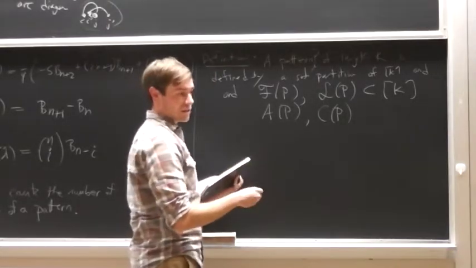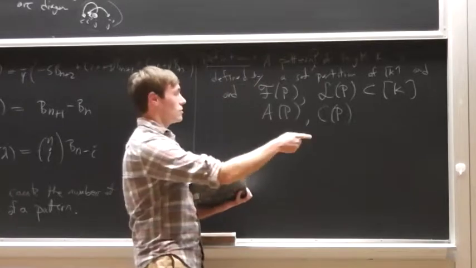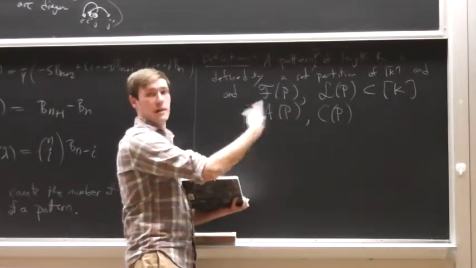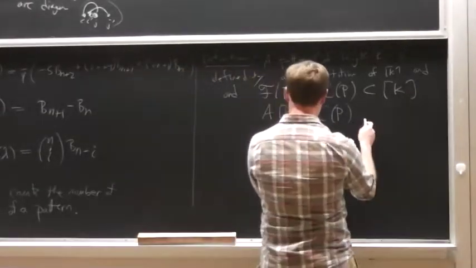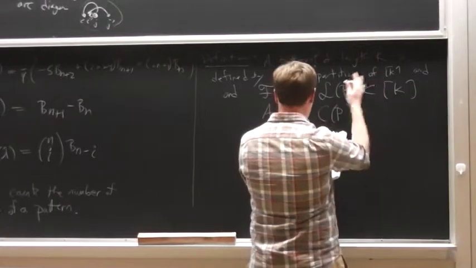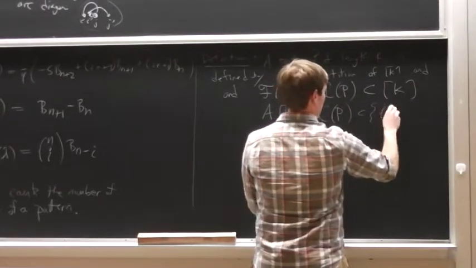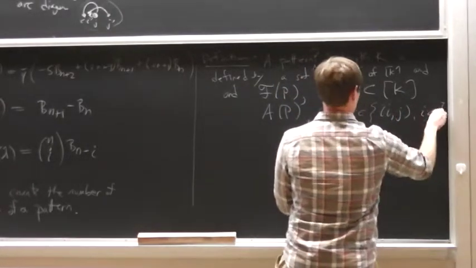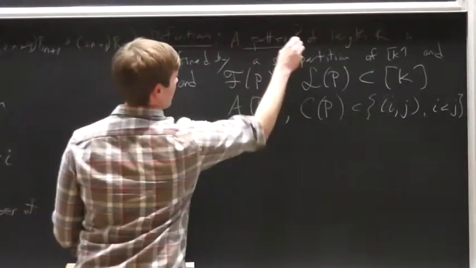So you're allowed to decorate elements by saying this is going to have to be next to some other element, or there's going to have to be an arc between them. Consecutive meaning the difference is 1. So you can generalize even this definition in some ways. This is going to be pairs ij, where i is less than j, contained in there. And so that's a pattern.